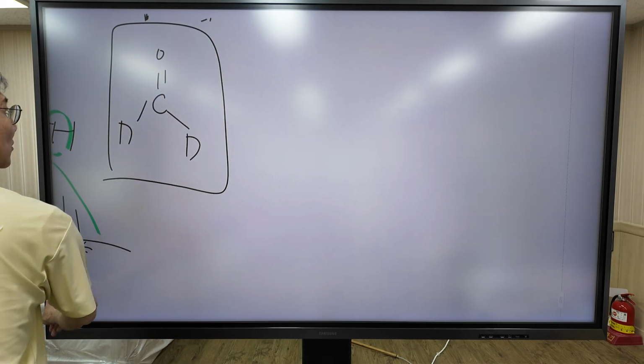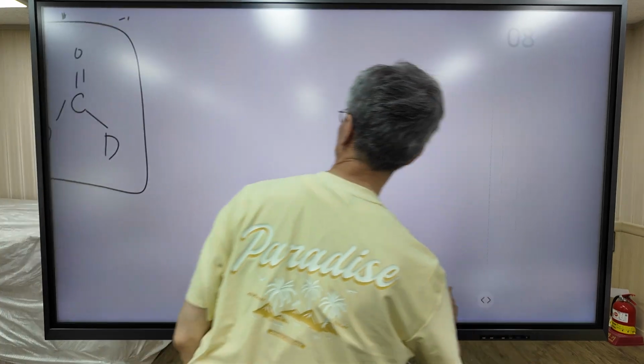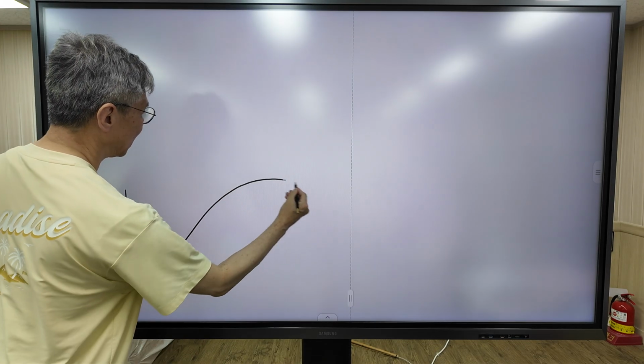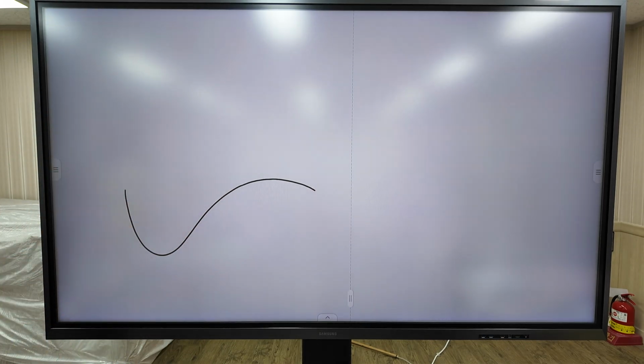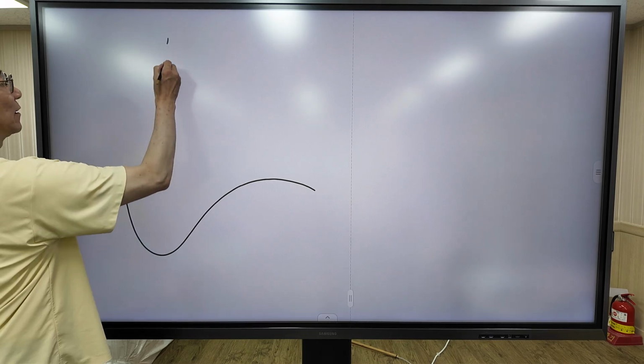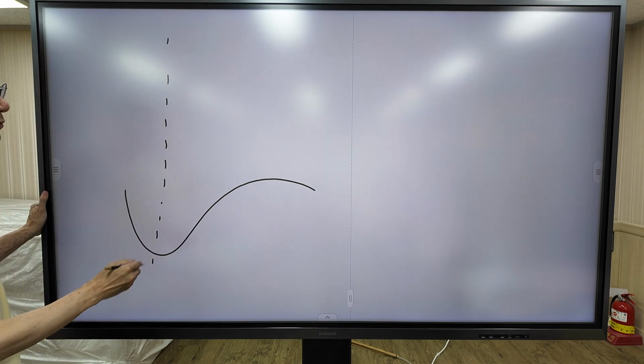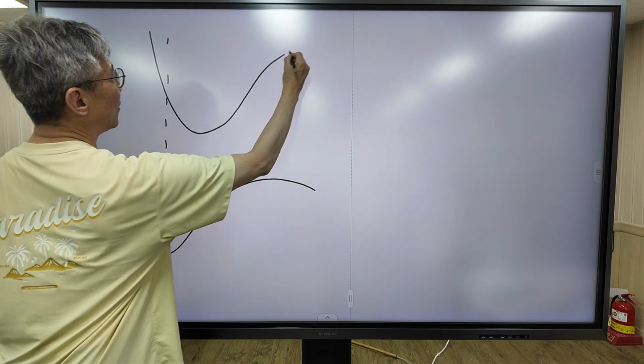Let's move on. Absorption spectrum. This is the ground state. The absorption spectrum depends on the relative position of the excited state. When the excited state shifts to the right or